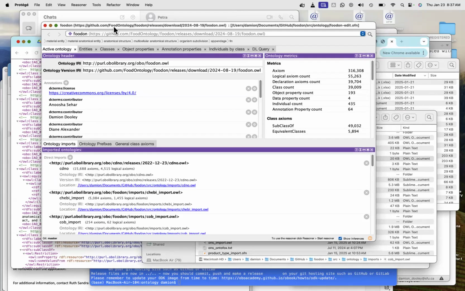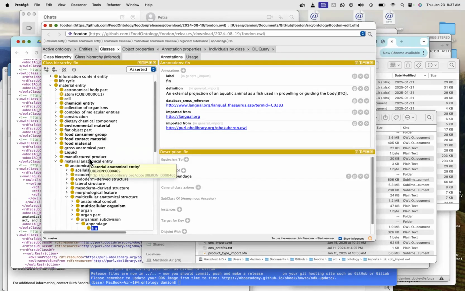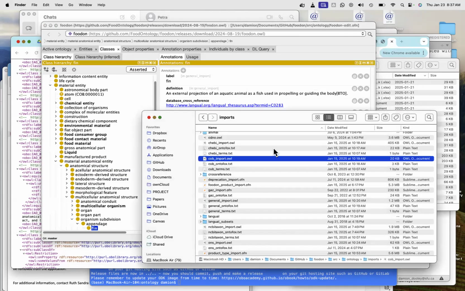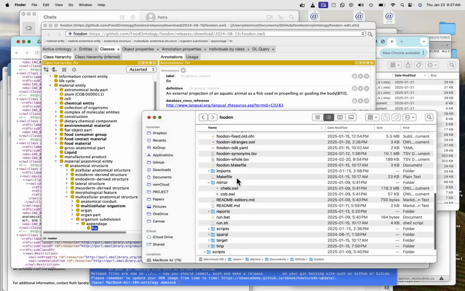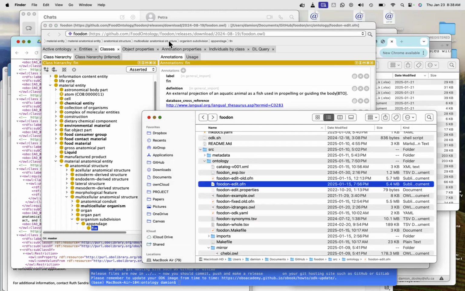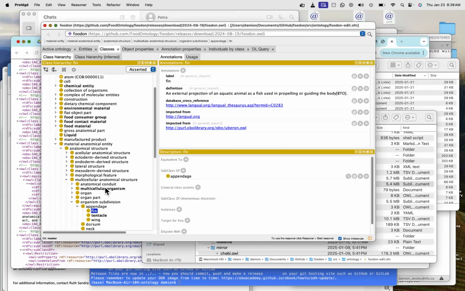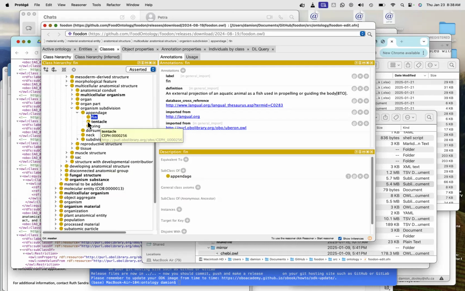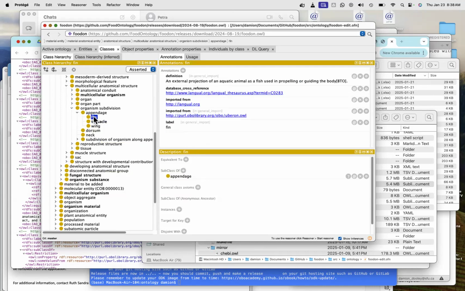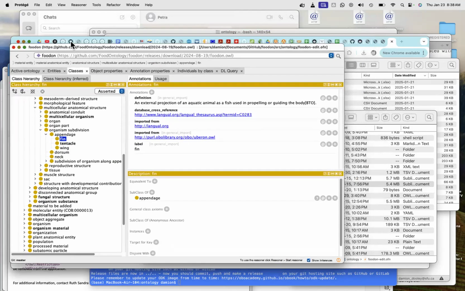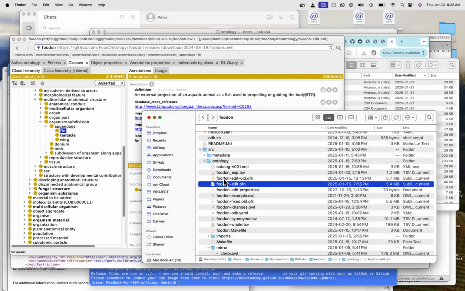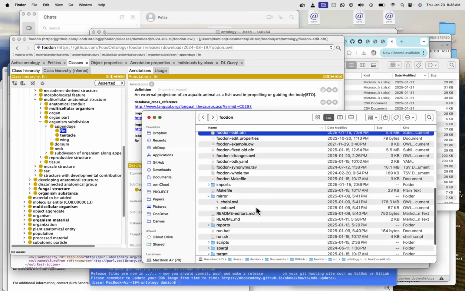So I guess I could have made the point earlier that FoodOn is this combination of classes that are edited directly in FoodOn. And if some element of a class has been edited by us in FoodOn and is sitting as a change in the main FoodOn edit file right here, then it actually shows up in bold. So for example, fin is a term that's in bold. So that means there's some aspect of that, a piece of information, that has been curated and kept in this FoodOn edit file, even though the